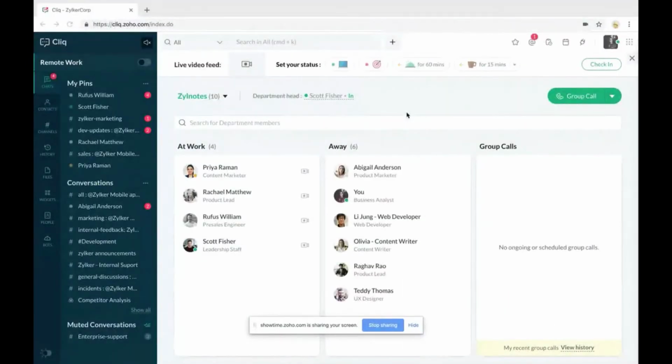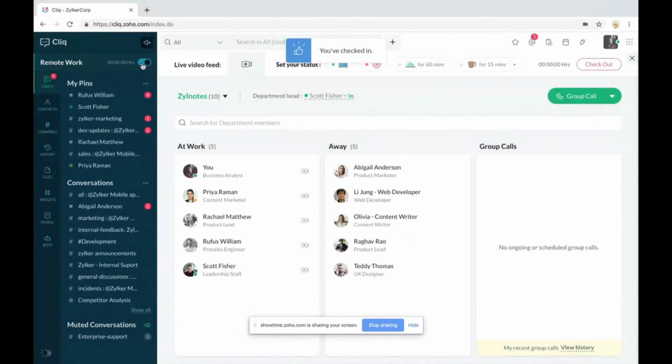That's great. So, once I log in and land on the remote work view, the first thing that I do is check into work, just like how we swipe our ID in the office. We all gaze around to see who's already at work once we walk into the office. Likewise, by looking at the department view, we can get to know who's at work and who's away. If it's a hectic schedule, then I set my status as engaged at work, and if not, I'll set it as available for collaboration. Statuses in Click help know the availability of each other.